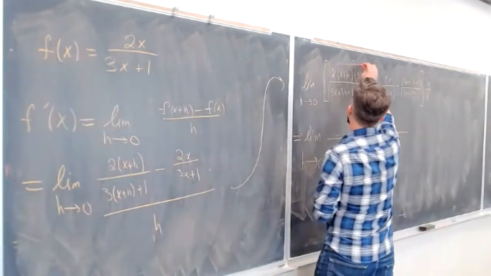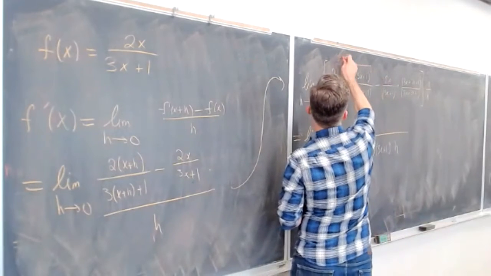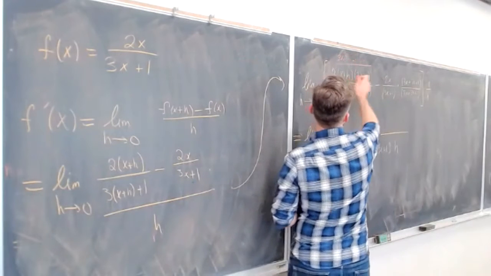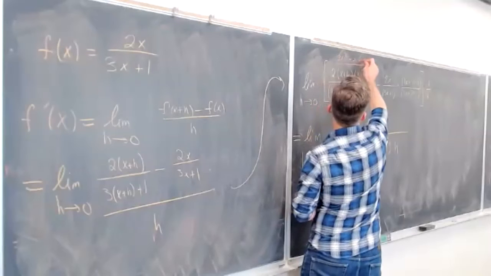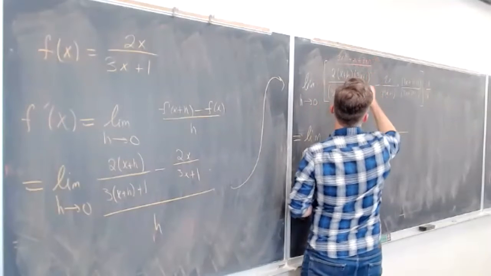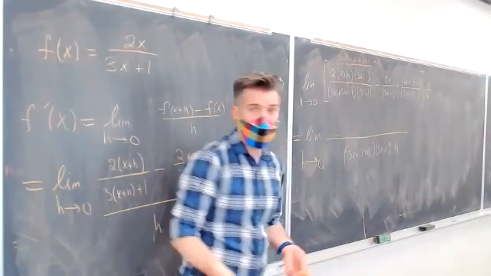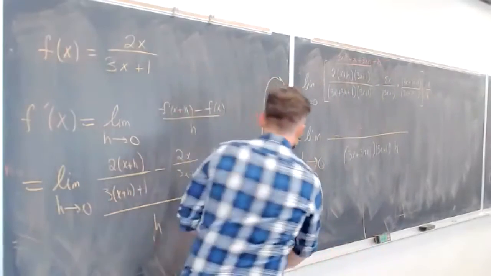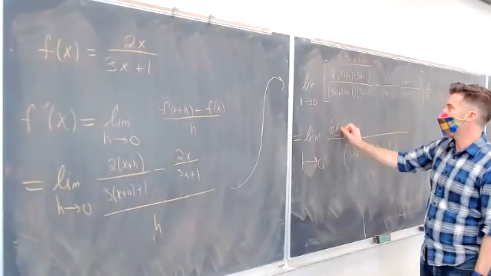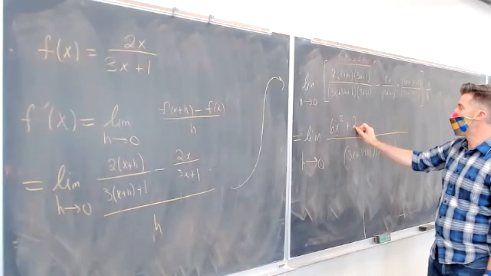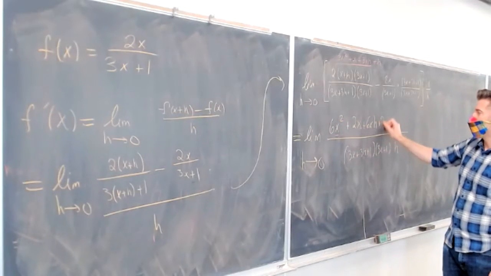So if I multiply out this part here, I'm going to use x times 3x, so 3x squared, x times 1, and h times 3x, so 3xh, and h times 1. And then that's going to get multiplied by 2. So what we get for this first part here is 6x squared plus 2x plus 6xh plus 2h